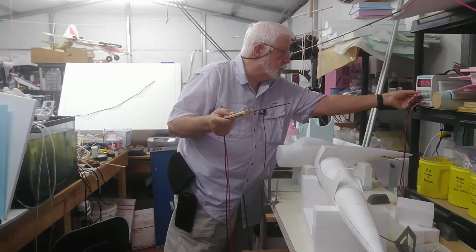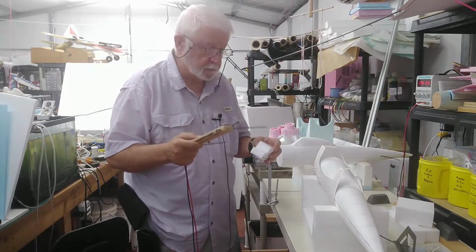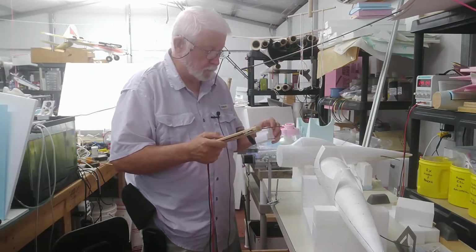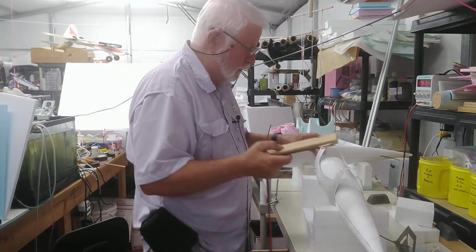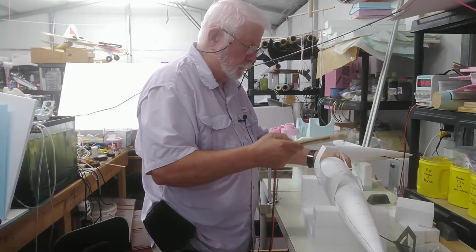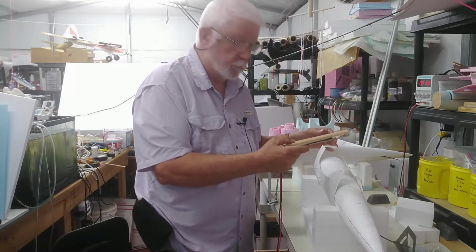For those of you that are wondering, it's about 2.5 amps that it takes to get this little bow just right. Okay, so that could go in the scrap bin, and now we're ready to go. It's very important to keep this flat across here because you don't want to be cocking it up, down,